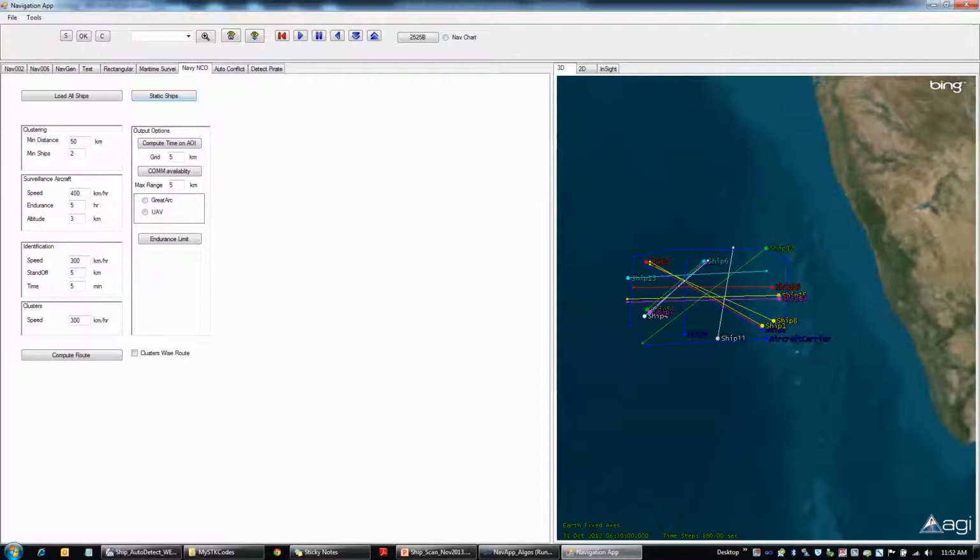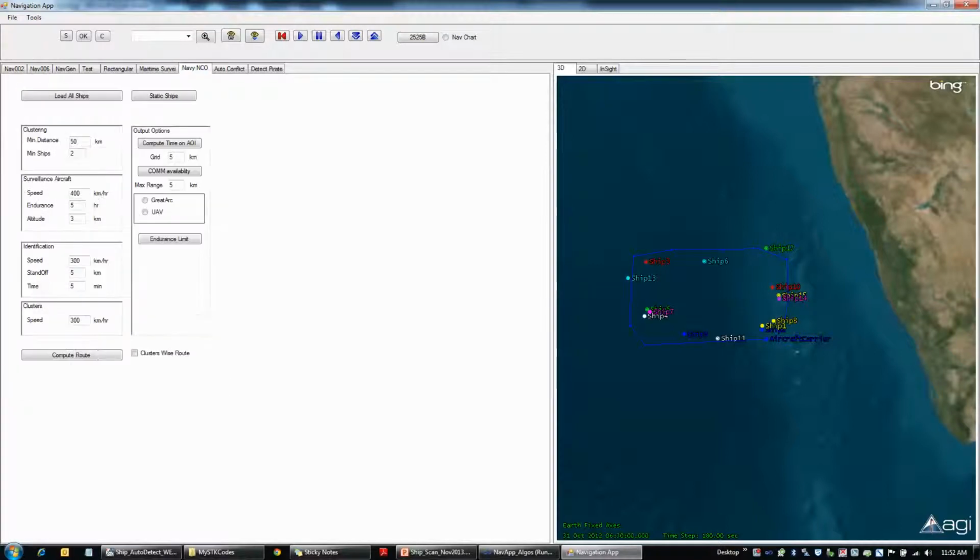You can see all the ships are moving, but by clicking on the static ships, all the ships become static, and there is an aircraft carrier over here that will be the only thing which will be moving. So all the ships I made static. Our objective here is to create a path plan to intercept all these ships. In order to do that, you have to go back to the rectangular pattern search, because I didn't want to recreate the same thing again in here.